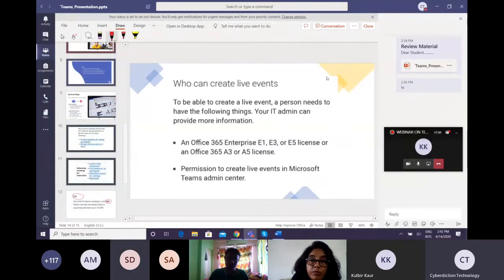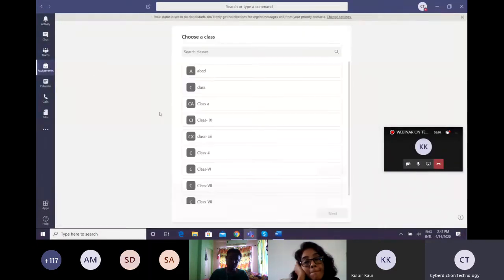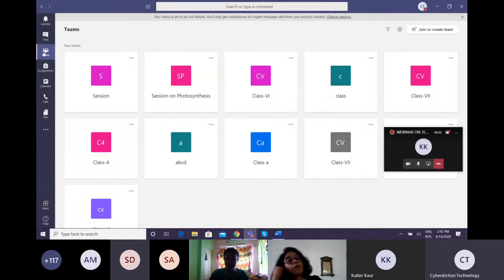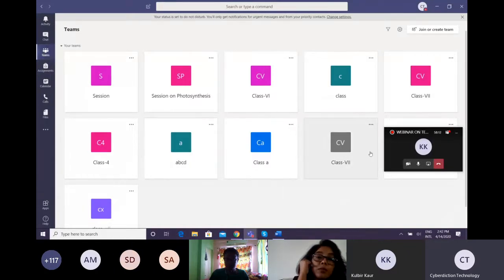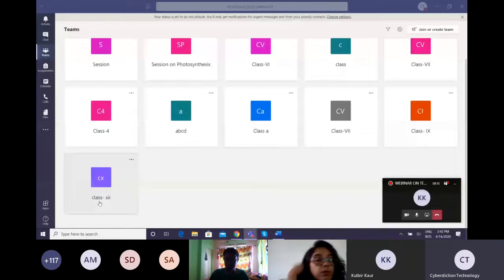So this is the PPT which you can similarly present to the students, so students can also take you through, and you can use whatever you want. Okay, I'm going to close this PPT and come back to the assignment again. Oh, sorry, Teams. I was in the Teams option. So when you click on Teams, we had created a team, let's say for class 12. There is one more option.